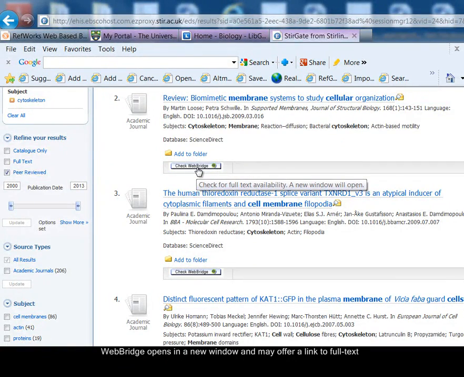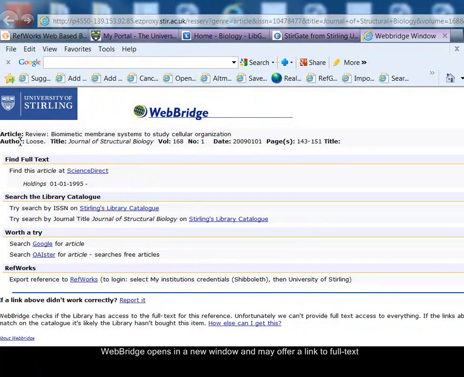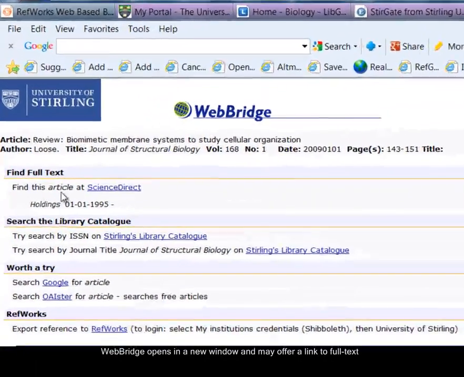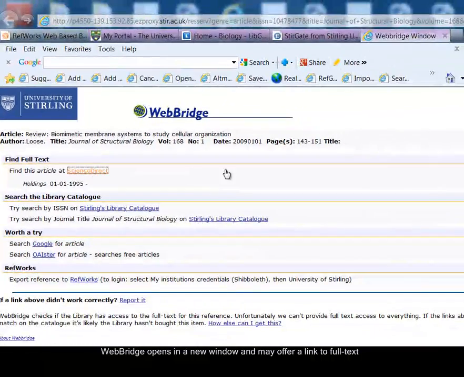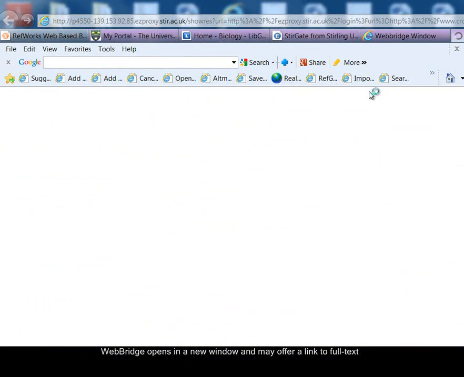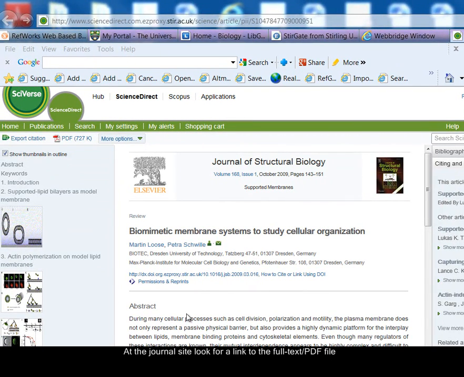So if I click on Check WebBridge, it opens a new browser tab, gives you the details of the article that I'm looking to find. If you're lucky, it will say find full text and have a link. Find this article at Science Direct. So if I click on the link to Science Direct, this is taking me to another website where the full text is. Here you can see the full article